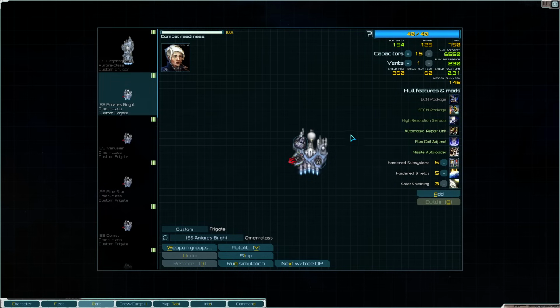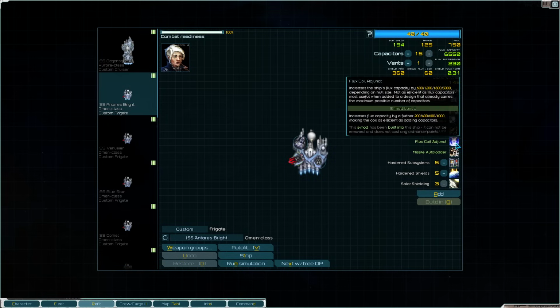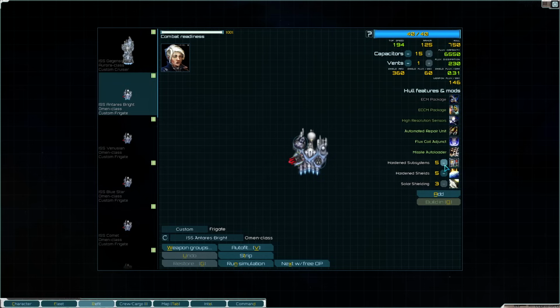Regardless, when it comes to frigates, you need a solid weapon package, and you need max capacitors. And depending on the situation, you might be able to get away with less than maximum, but this is usually where I think people don't quite get the value that they should be getting out of their frigates. This right here. You want S-modded flux coil adjunct and max capacitors and hardened shields on pretty much any